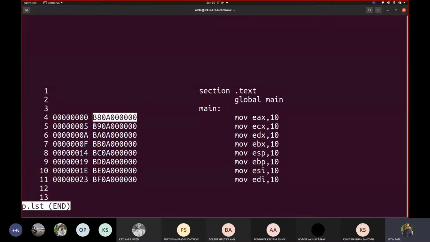Now this is 5: 5, 6, 7, 8, 9. This is A: A, B, C, D, E. This is F: F, 10, 11, 12, 13, 14. Then 15, 16, 17, 18, 19. Then again 1A, 1B, 1C, 1D, 1E, 1F, 20, 21, 22, 23 and so on.